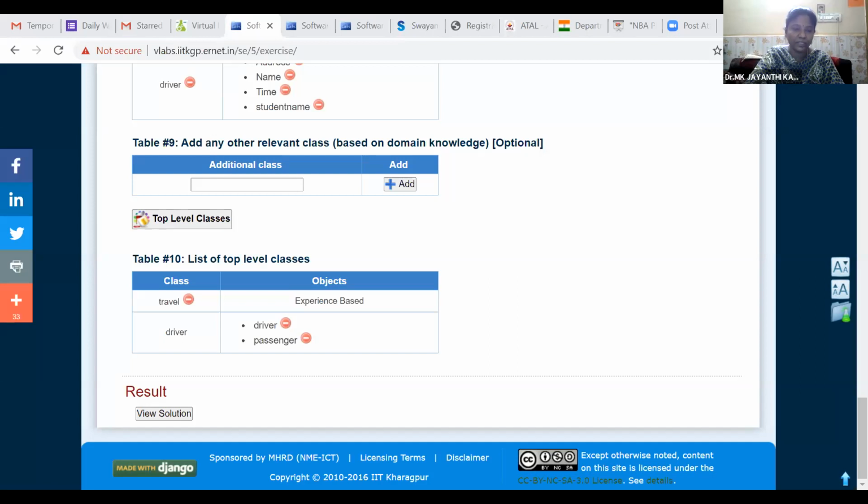So within the person class, we can have address, height, name, and weight. If you take the employee class, the employee can have address, employee height, employee name, employee weight, employee ID. The customer class will have the address, height, name, weight, and customer ID. Places class, the places will have address alone.